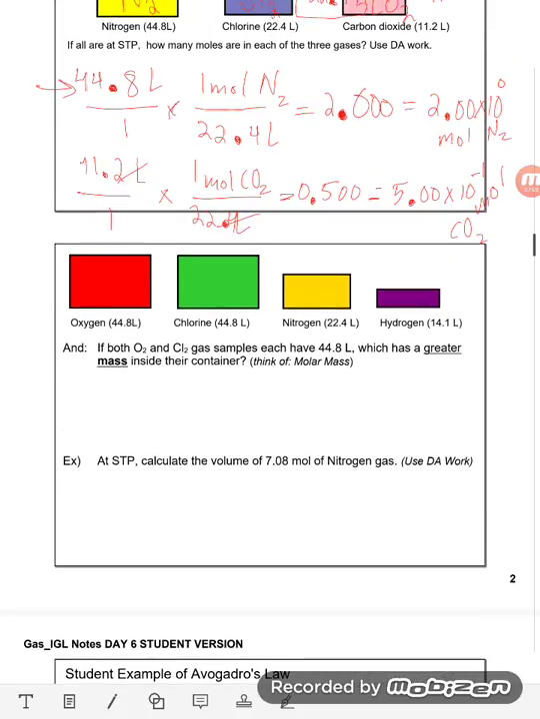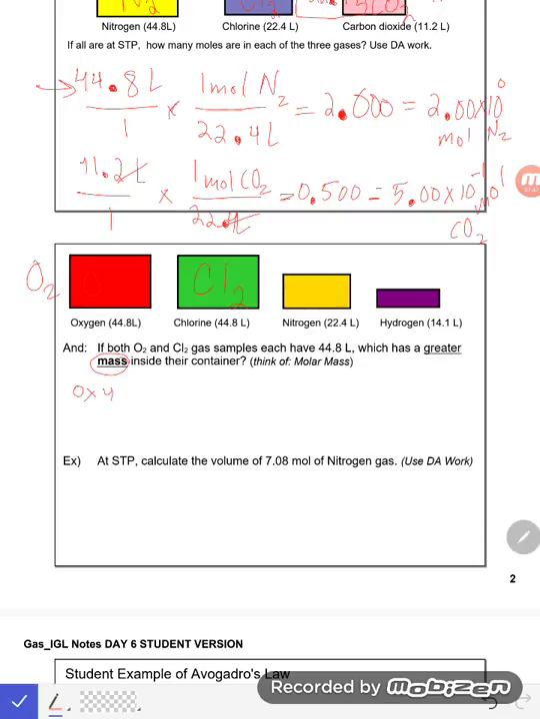On the next slide, if both O2 and Cl2 gas containers each have 44.8 liters, which has a greater mass inside? So as we introduce mass is where things begin to change, because as we take a look at the actual identity of the gas, they're going to be different due to the fact that they have different mass on the periodic table. So use the periodic table to determine the molar mass of oxygen and the molar mass of chlorine. And with those being diatomics, make sure that you are taking those masses on the periodic table to the 100th place,